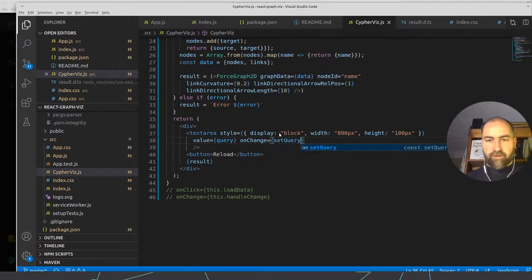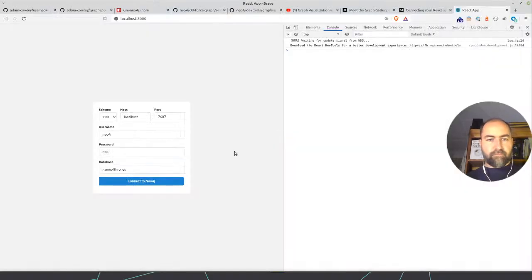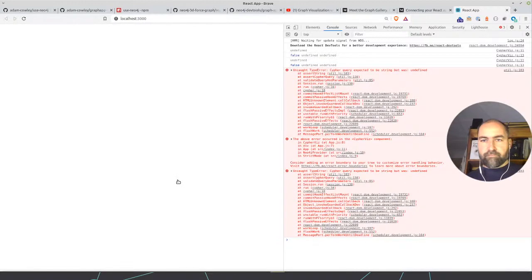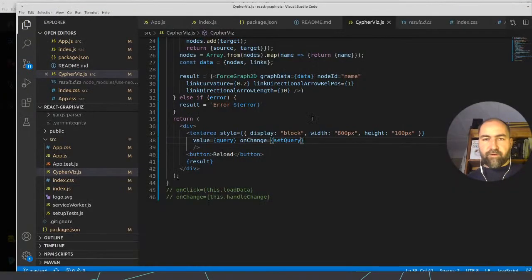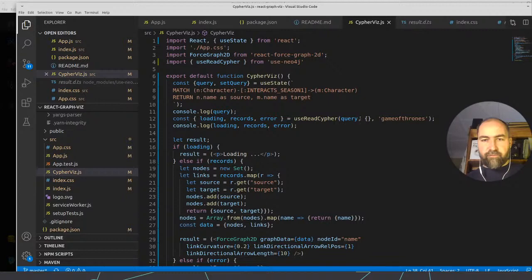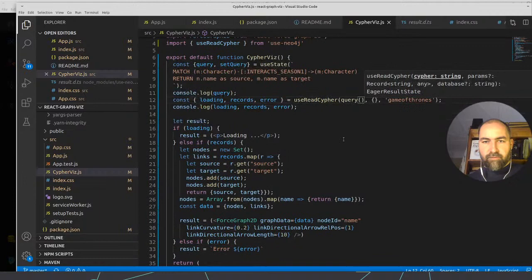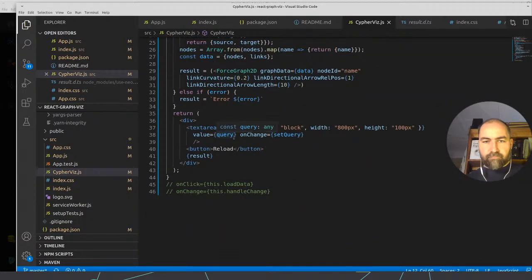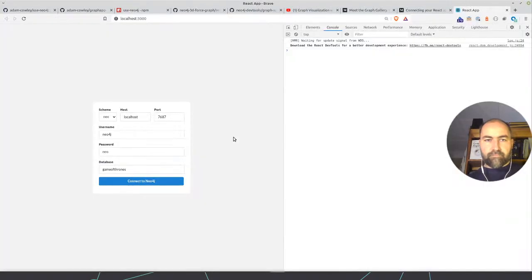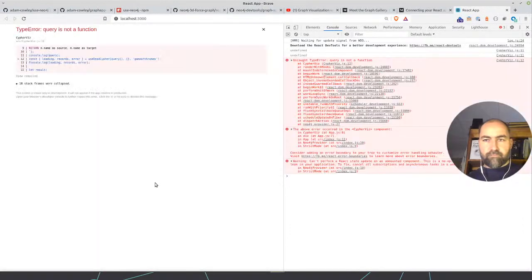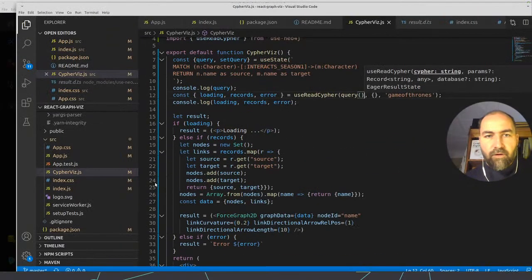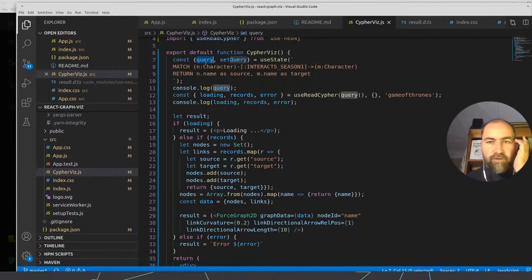Can we just pass in set query as a target? Query expected to be a string but was undefined. So the question is, is query now a function if it comes from state, or is it an object? Query is not a function. What else is it? Query, set query.